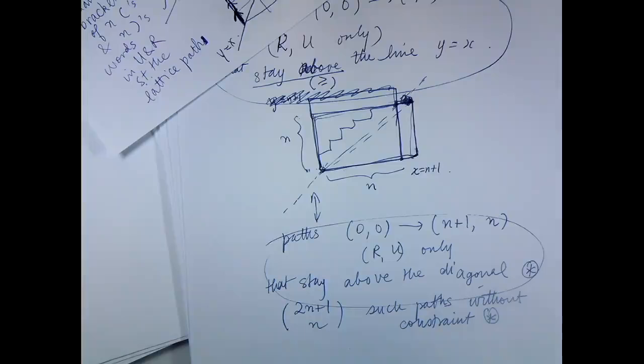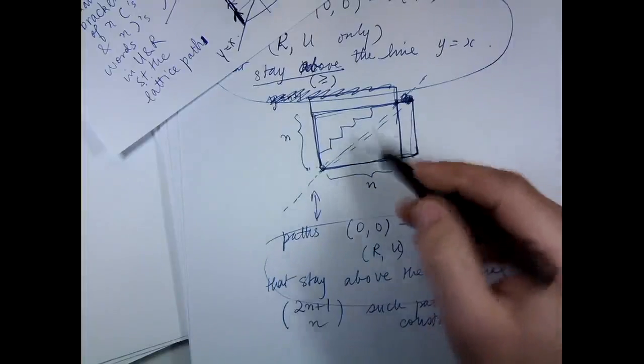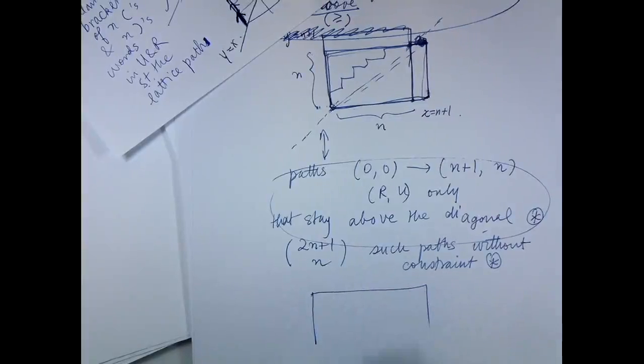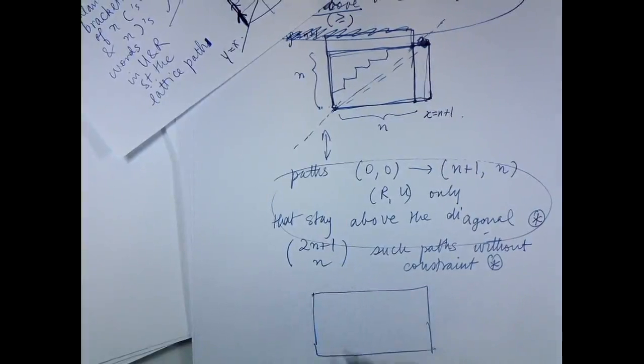How do I get another path in R and U? Well, one way is just cyclic permutation. I mean, by the way, any permutation will take R's and U's to R's and U's. But cyclic permutations are of particular interest because cyclic permutations do something interesting to the property of staying above the diagonal. So if you stay above the diagonal,